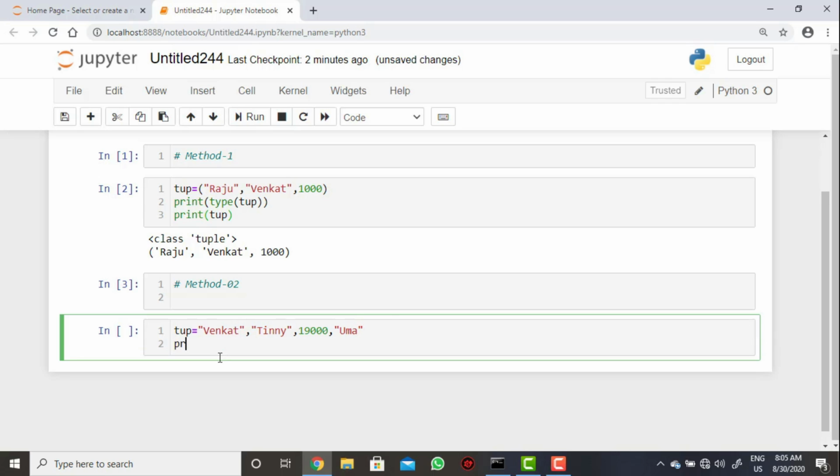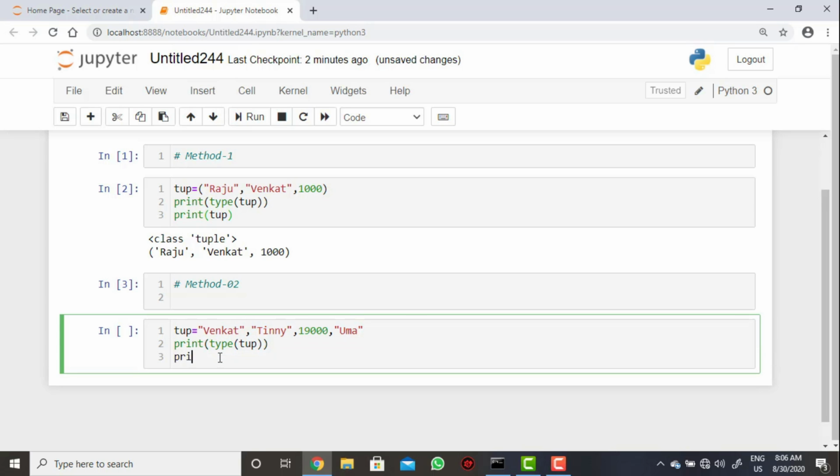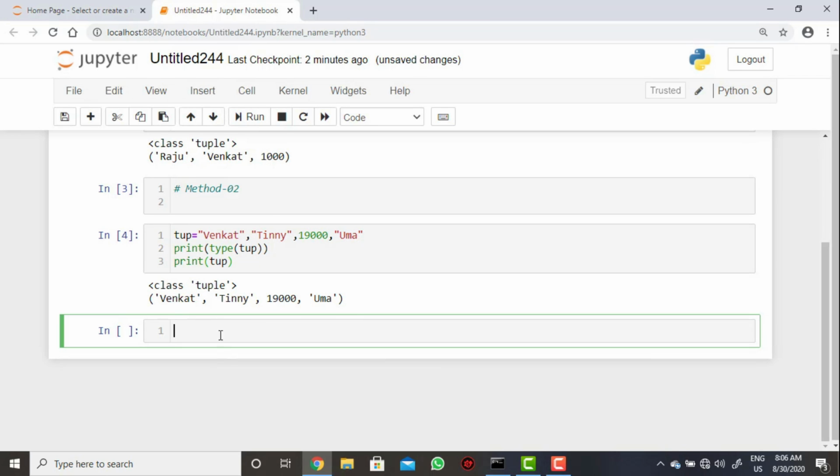Now print of type of tup, and then print of the data structure name, so the values are displayed like this. So this is one more method in tuple creation.